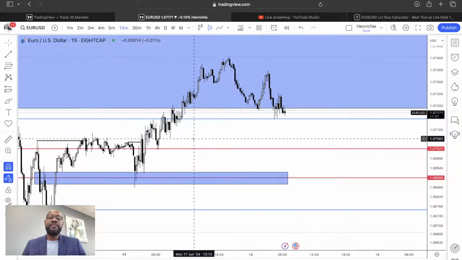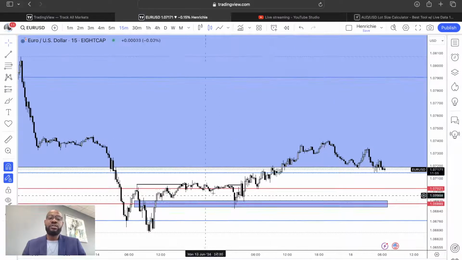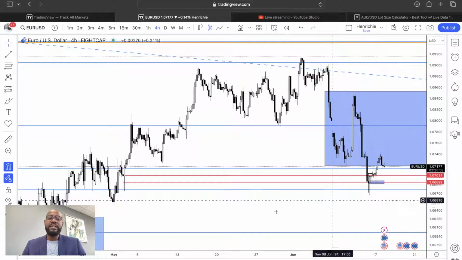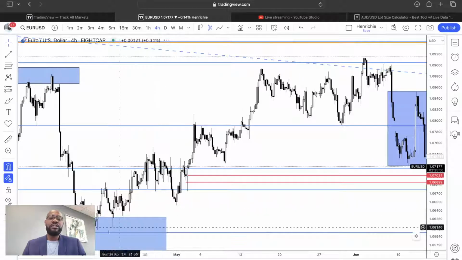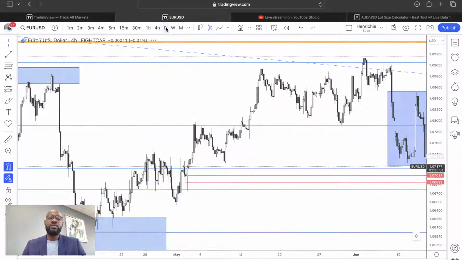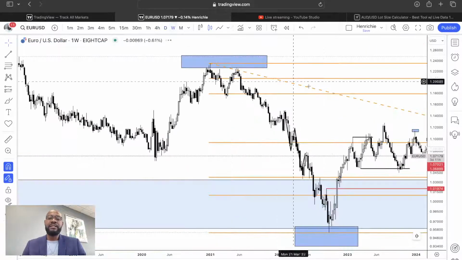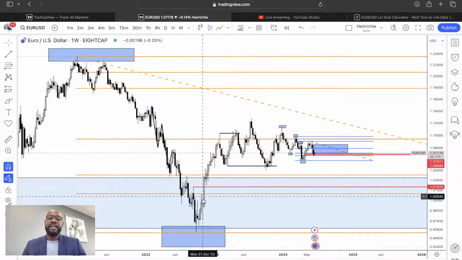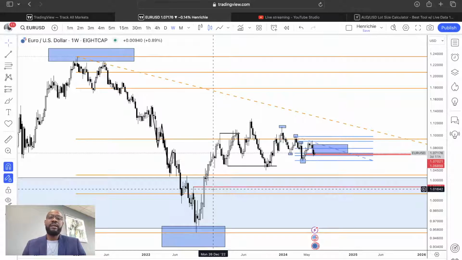And if this key level fails to act as a strong support zone to take us to the upside, and we for any reason run this sell side liquidity, then it simply means that all these lows are going to go. And if these lows go, the next place I'll be anticipating to see price come down into would be right here. So that is the only thing I'm watching to see on Euro US dollar.